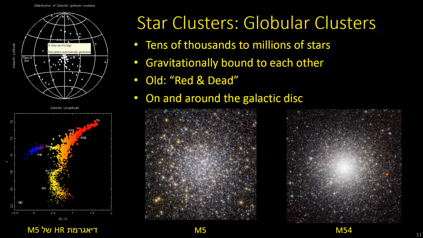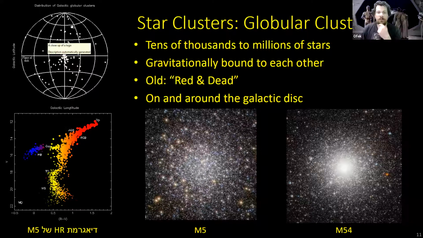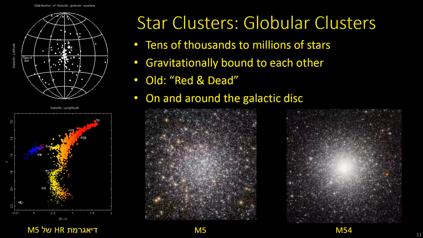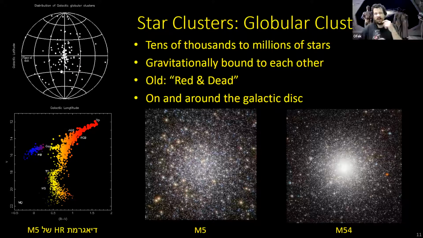But okay. So you can do that in many ways, right? Oh, you ask if the structure is spherical or if it's just a projection. This is just a projection. It's projecting the sky, so you have these poles, which are the points in the sky perpendicular to the disk of the Milky Way, and you have latitudes and longitudes relative to the plane of the Milky Way. And that's where you find these globular clusters, mostly close to the center, but you can also find them floating around the galaxy, around the galactic disk, and above and below the galactic disk.